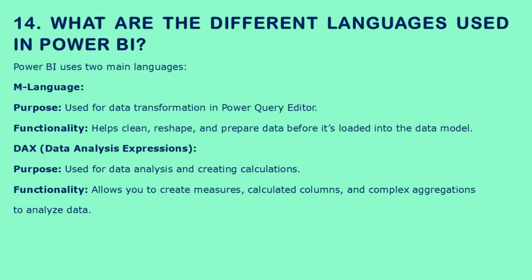What are the different languages used in Power BI? Power BI uses two main languages. M language. Purpose, used for data transformation in Power Query Editor. Functionality, helps clean, reshape, and prepare data before it's loaded into the data model. DAX, data analysis expressions. Purpose, used for data analysis and creating calculations. Functionality, allows you to create measures, calculated columns, and complex aggregations